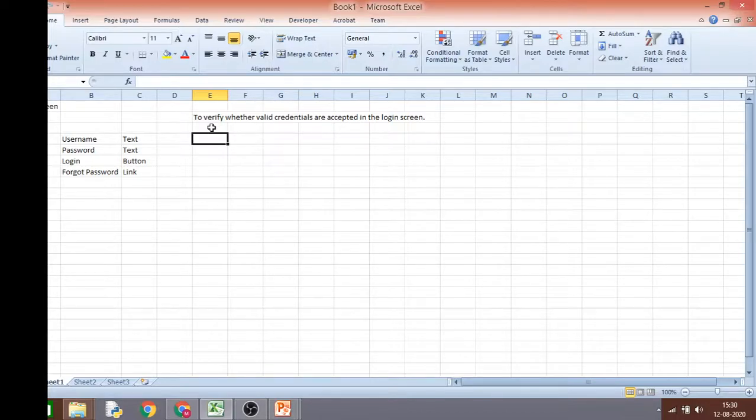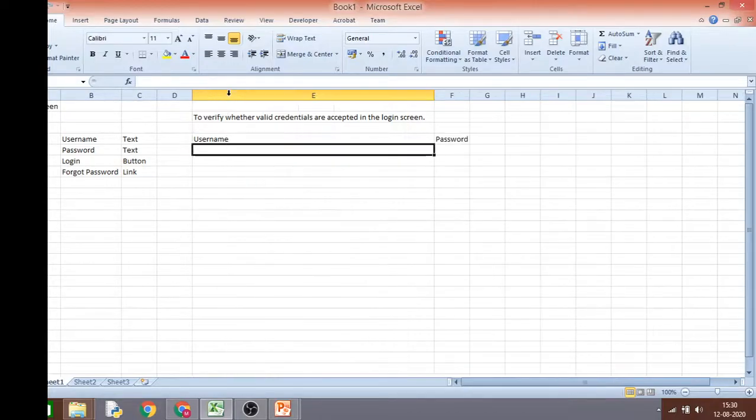So what is test data? This is another question that comes up. The values that you are going to input into the application are your test data. The data that is used to test your functionality is your test data. I'm going to consider a few combinations. Username is one of my fields, and password is another field. Clicking on the login button does not have any other differentiation. You can either choose to click it or not to click it, that's all. Apart from that, you will not be able to feed any data into the login button. So the feeding values are only username and password.